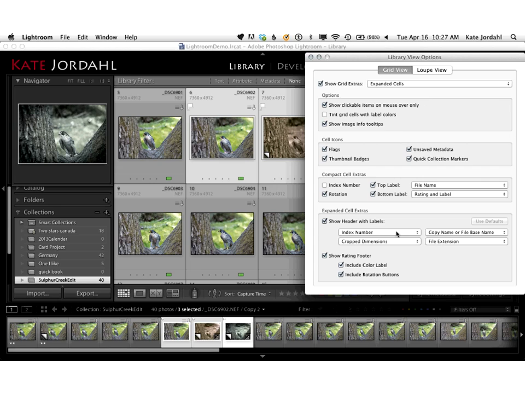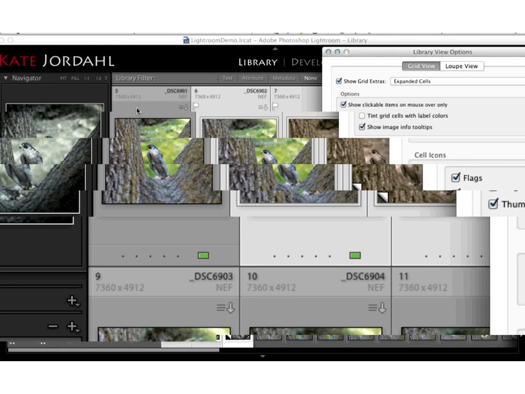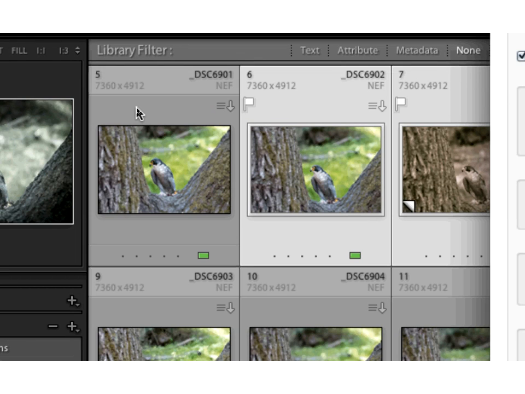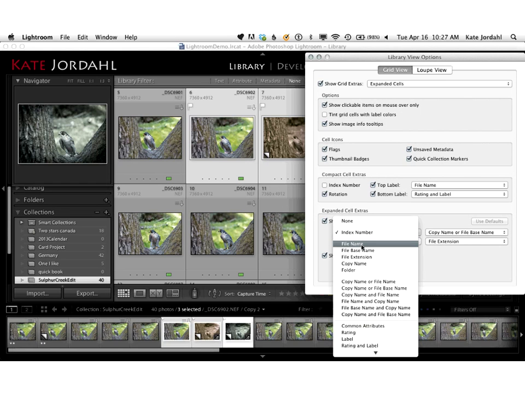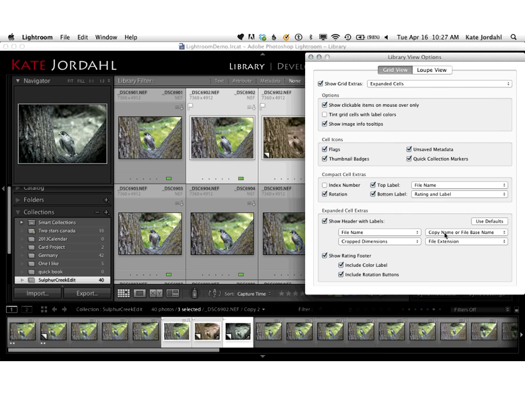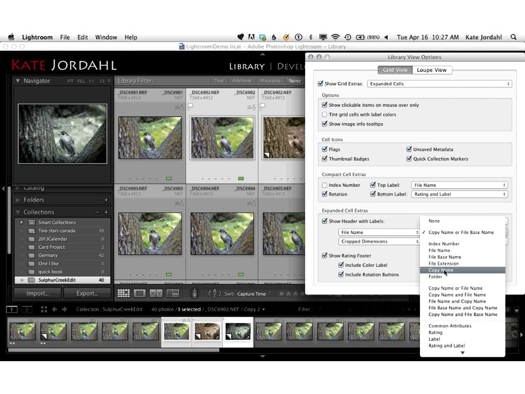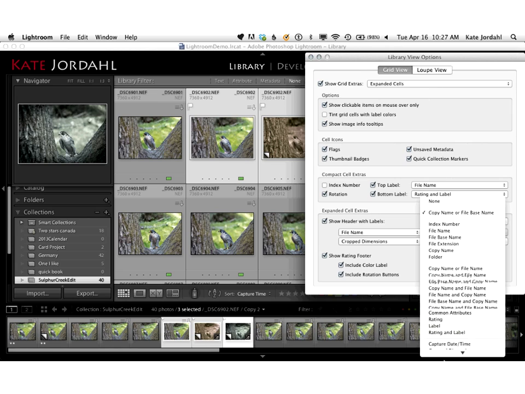I think I'm at the default. Oh, no, I'm not. Oh, interesting. I was way off the defaults. There's the default: index number, crop dimension, copy name, or file and file extension. So that's what it would look like at the default, which I find almost totally useless. Well, not totally useless, but I definitely don't care about the index number. So I usually have the file name, I have the file name there. And then over here, I like having the